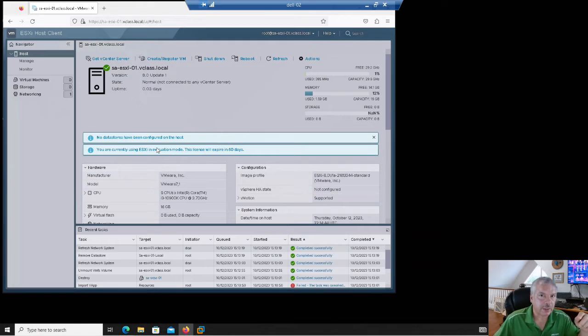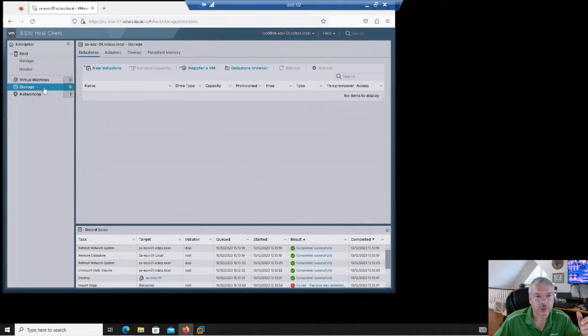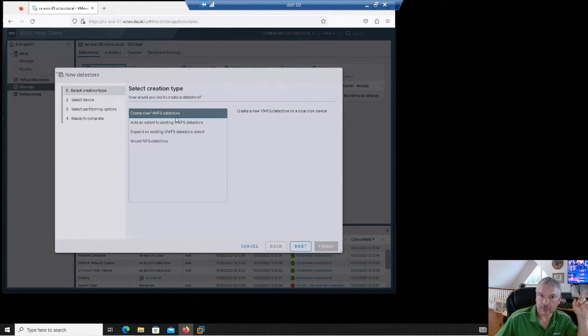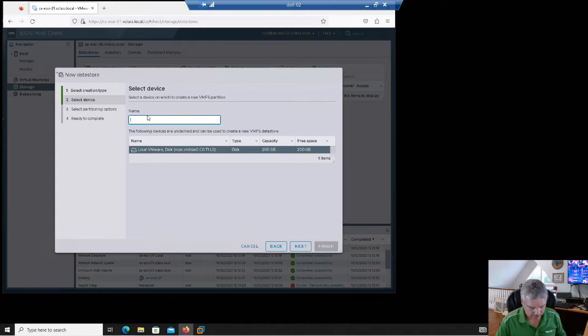So I need to create a data store. A data store is a volume where you store your VMs, okay? So notice again over here it says storage nothing, there's 0. So I'm going to click on storage, and I'm going to say new data store. Now remember I gave that NSX-T host a 200 gig disk. Okay, so I'm going to say create new virtual machine file system, new VMFS data store. I'll pick next. I'm going to give it a name,